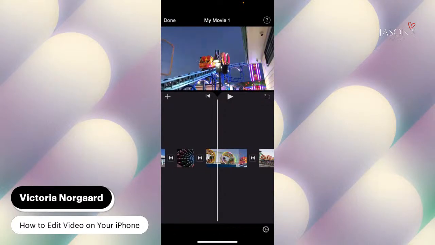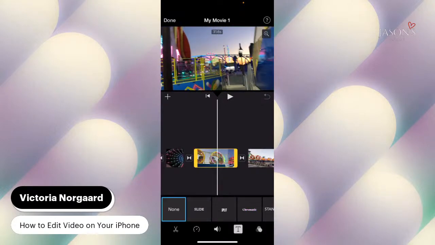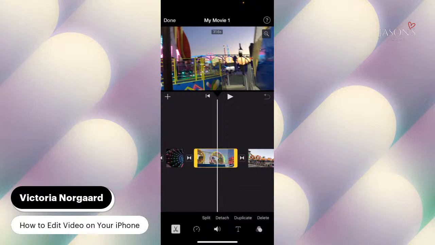And this video is kind of long, so we're going to adjust the length of this video. And all you have to do, you don't have to click on anything on the bottom. You don't have to click any of these buttons down here. Just click on the video, and two little yellow bars on the sides of that video will show up. And that will help you